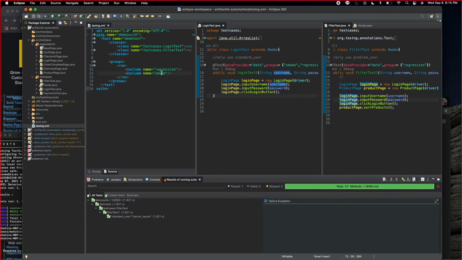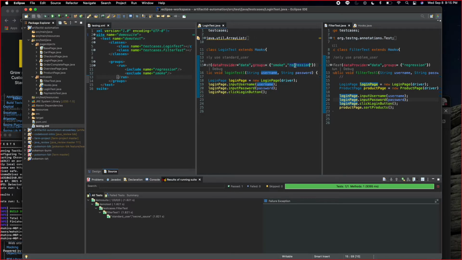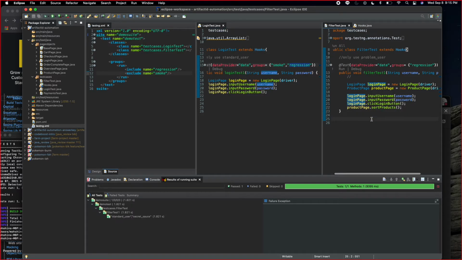Okay. Right. So for example, this works like an AND statement, right? Even though this says regression, because now you're saying exclude smoke, it cancels it out. Because you excluded smoke, this doesn't pair up well. This negates it, so now this takes this out of the equation. It just runs this. So just get used to